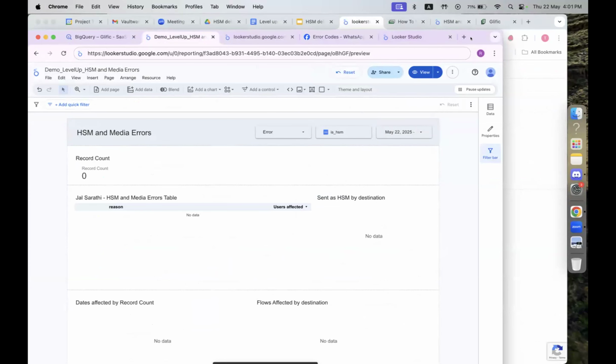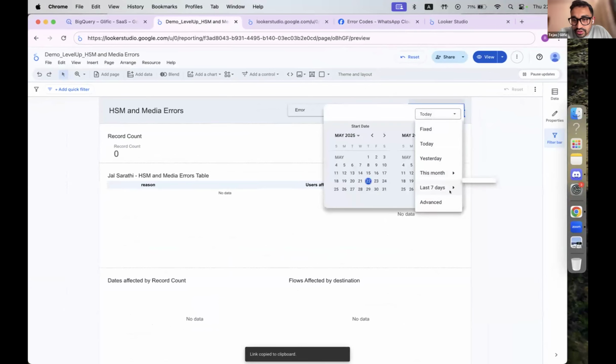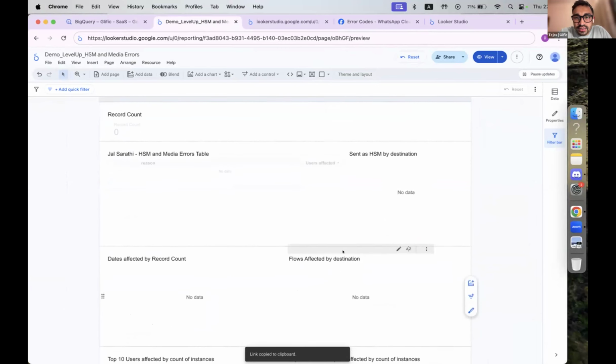Yes, but it's blank data right now. So let's say, I'm just showing you a quick thing. Let's say just the last 7 days, if you apply the filter, and you can do this